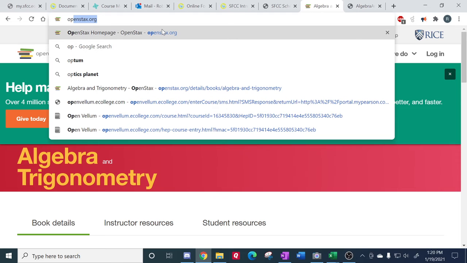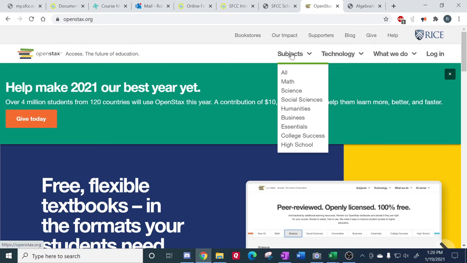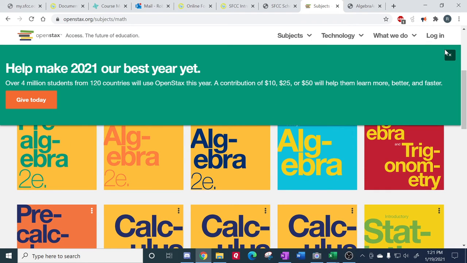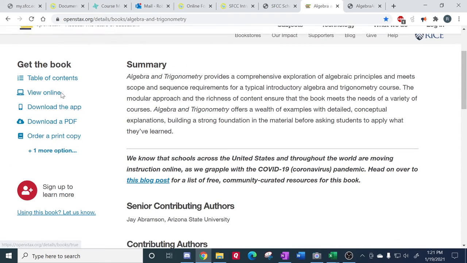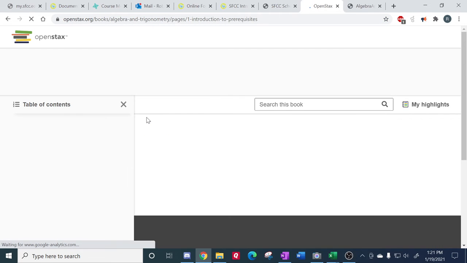OpenStax.org. All right. Once you go to OpenStax.org, go to Subjects, Math, and then scroll down and you'll see our textbook is this red one, Algebra and Trigonometry. Click on that. And then your options for viewing the textbook: you can view online or you can download a PDF. I suggest the download a PDF, but the view online, let's look at that. If I clicked on that,